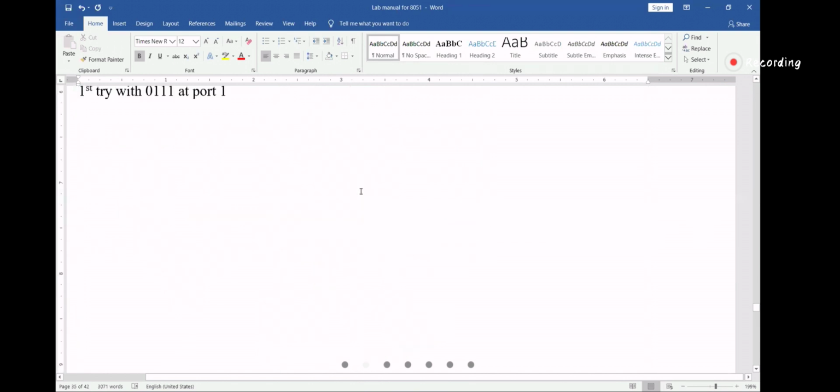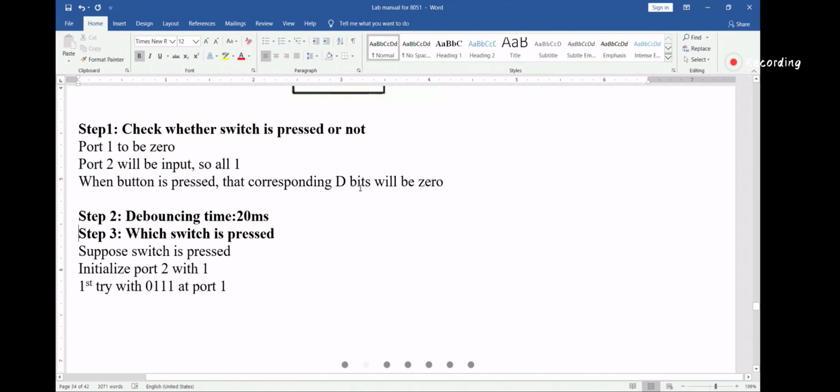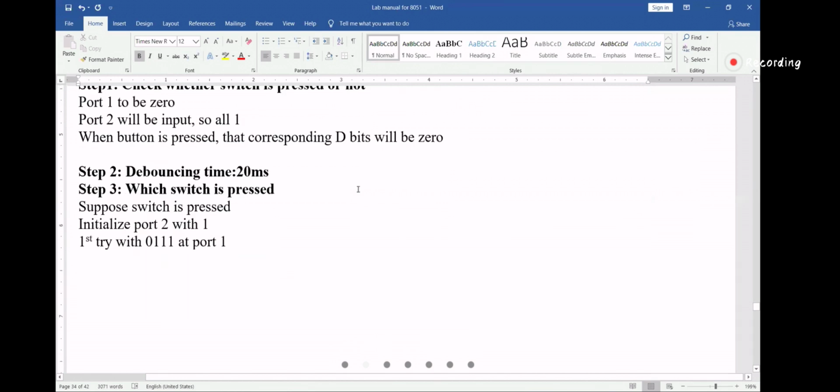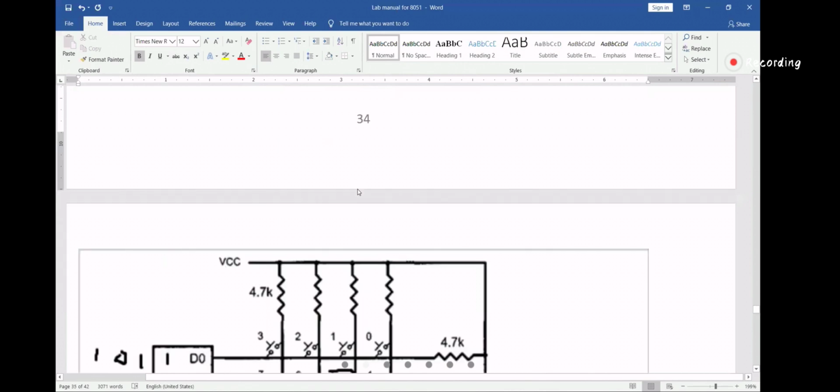Previously, we were just checking whether the key is pressed or not. Now we are in step 3, we are checking which particular key is pressed. Okay, are you getting it or not? In order to do that,